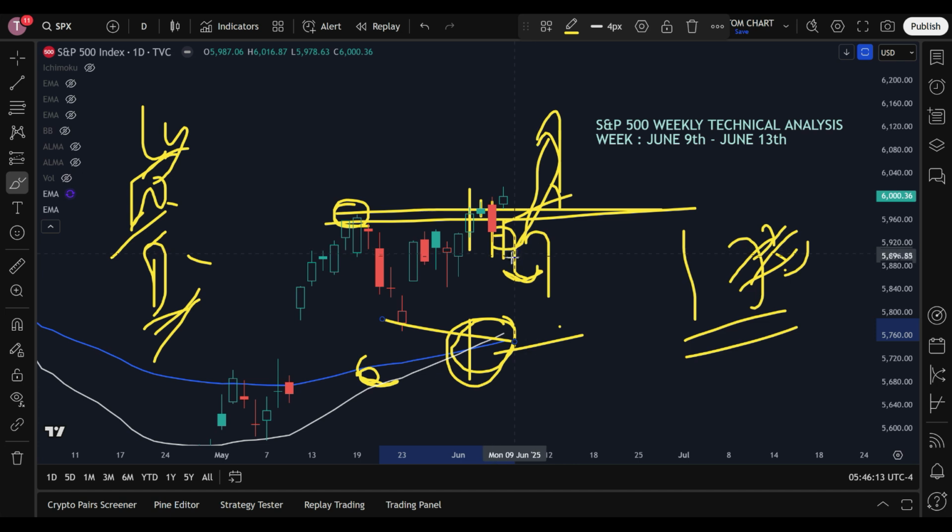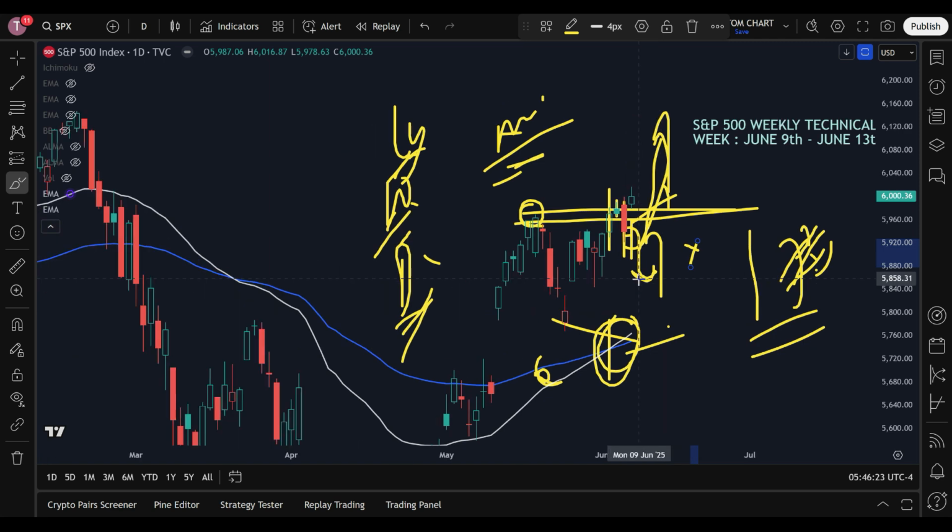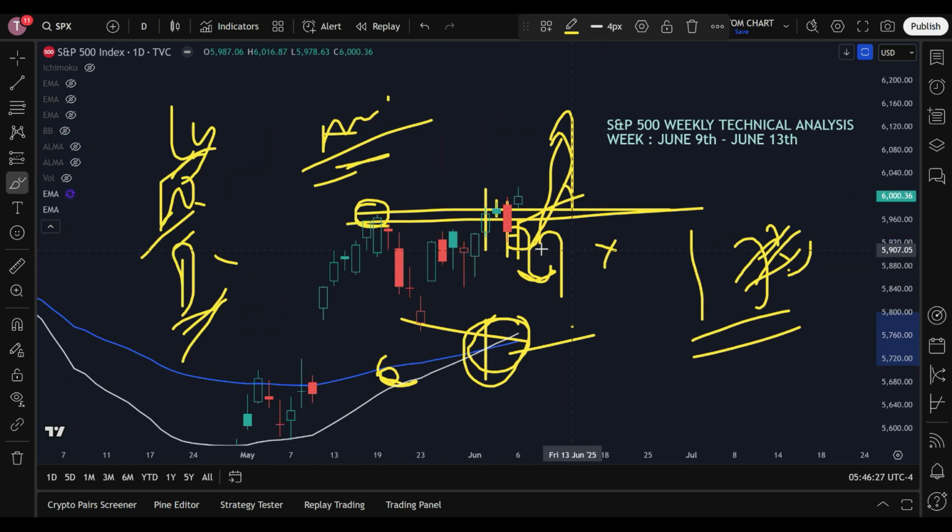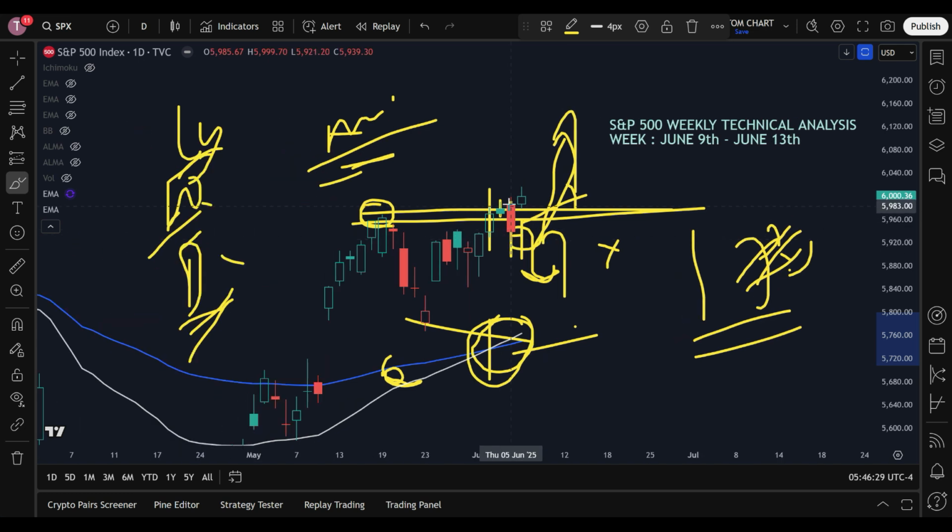But also, if you are my Patreon community member, then in the midweek update I have repeatedly mentioned that a confirmed crossover in these two moving averages does not mean that there will not be any fall. That is why I've given you this example of the trap. There may be an opposite movement of fall, but that fall does not mean that the market is going to come down, that everything will fall. No, nothing is going to fall. Eventually it will recover, it will go bullish.